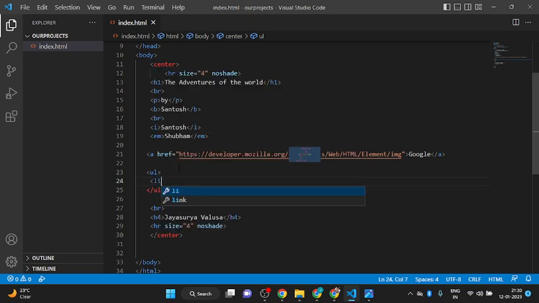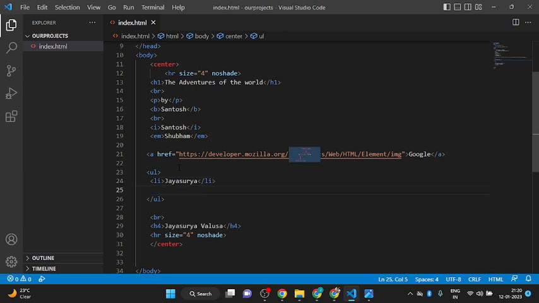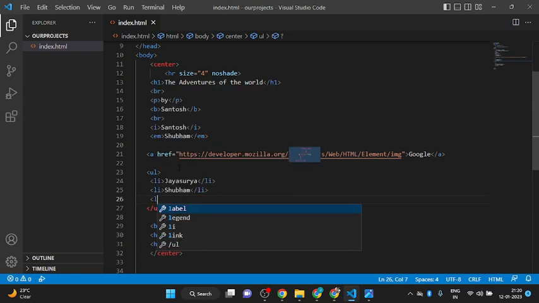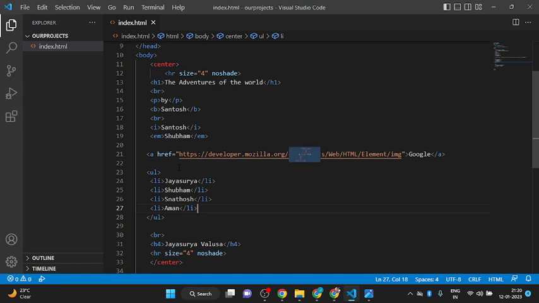Unordered list. In this, I will put a list item. Okay. Jayasuriya. Another list item. Shubham. Another list item. Santosh. Another list item. I am typing 4. Aman. Another list item. Deep. Okay. Now if I run,